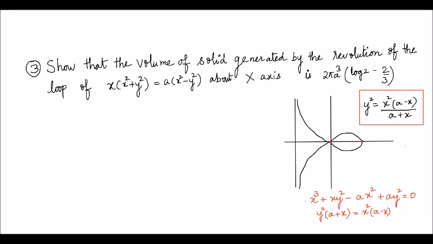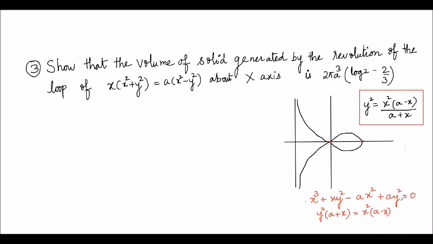So again, this is a case of a Cartesian curve, as we discussed in the very first problem of the ellipse. The ellipse was given in Cartesian form. The second curve we considered was the cardioid, which was a polar curve. And this is again a Cartesian curve, and the axis of revolution is the x-axis. Now let us have an idea about this curve.